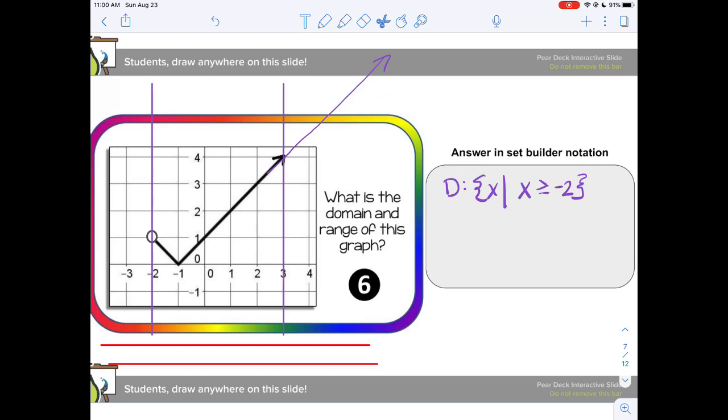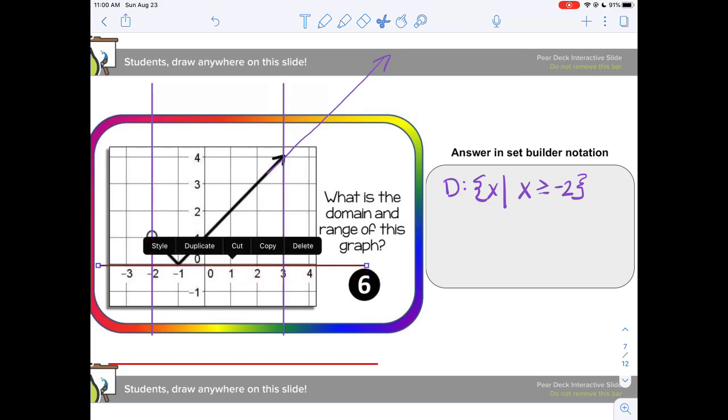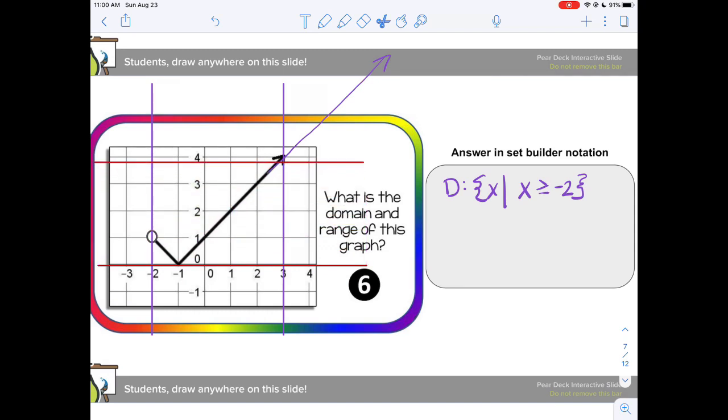Now let's go ahead and look at our range. So I'm going to start at the bottom at -infinity, and as I move up and up and up, I first run into the graph right there at the x-axis. So I'm at y equals 0. And then if I continue up towards the top, I stop seeing graph here at 4, but again, I have an arrow. And since it's at the top, it also means, just like the other one was positive infinity for going to the right, this one is going to be positive infinity